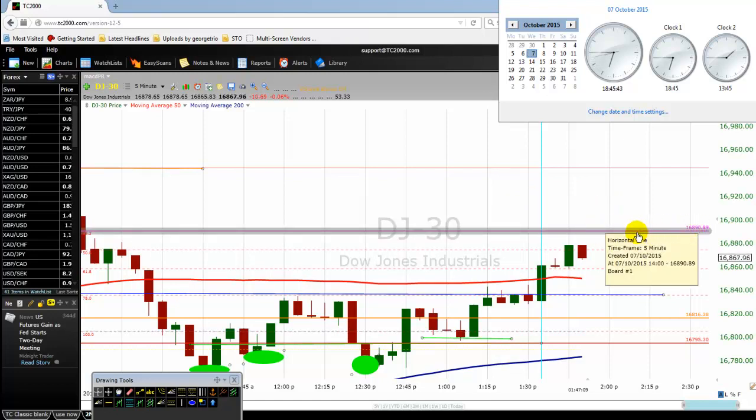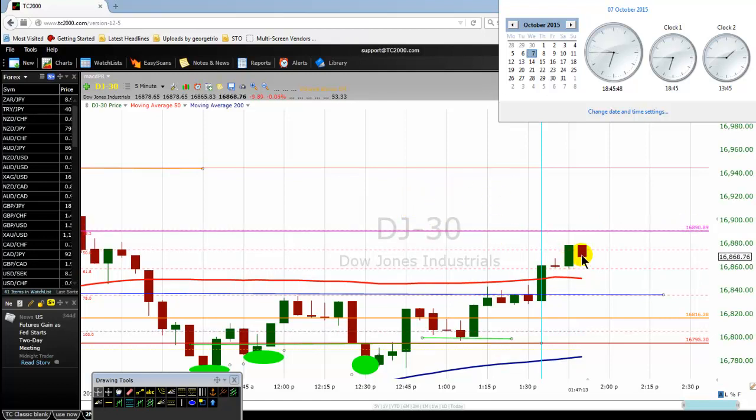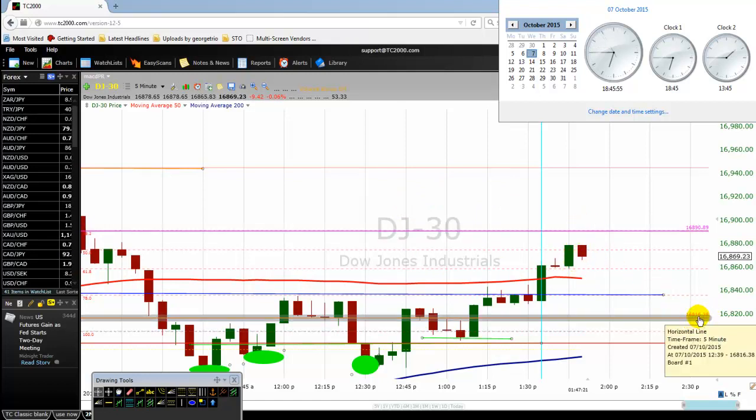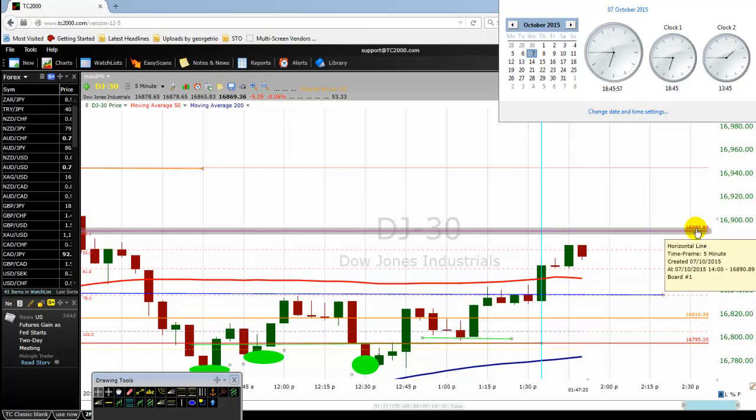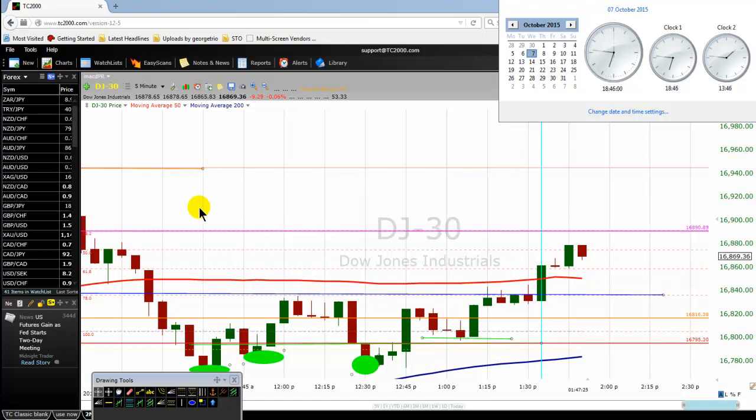So if the price reaches this level of 16890, I will be out of the trade straight away, okay? All right, that will be great profit. Entry at 16816, exit 16890. Beautiful, isn't it? All right, 74 pips. After a 30 pip loss, 74 pips. That's not bad, okay? But the price should continue to go up more, because if you go back to